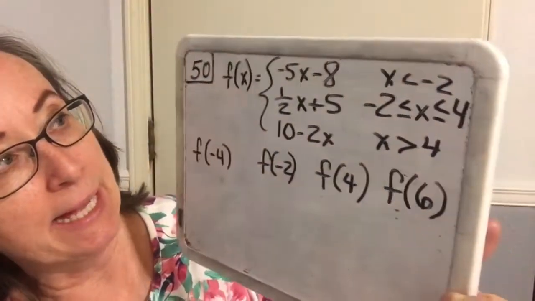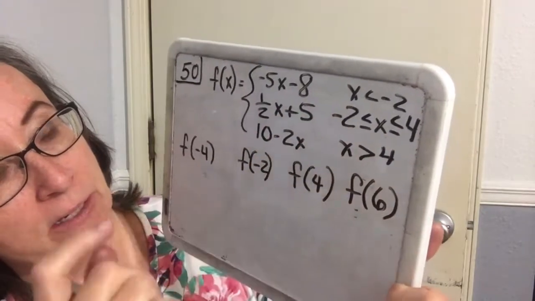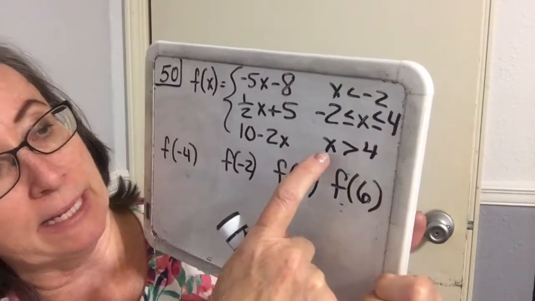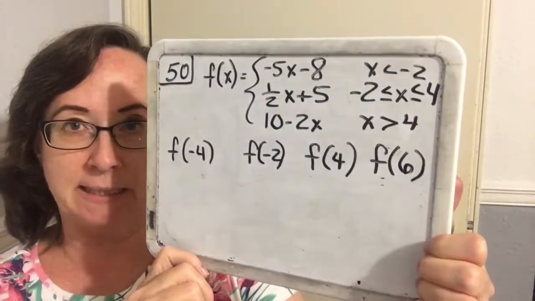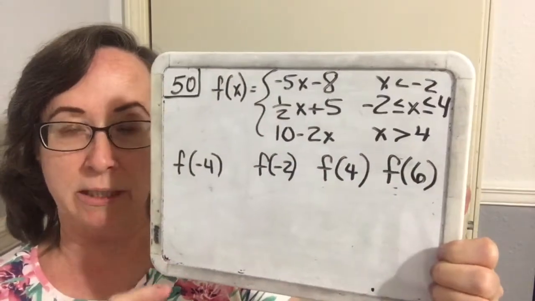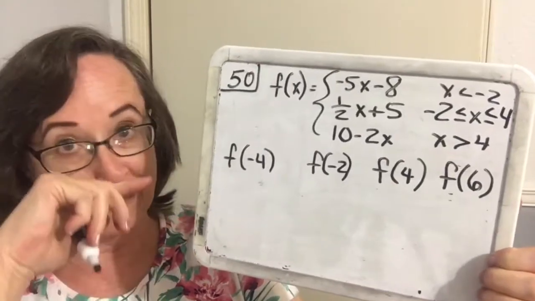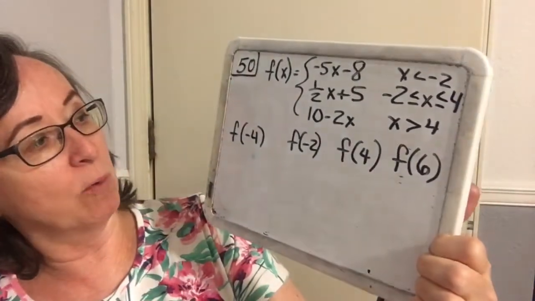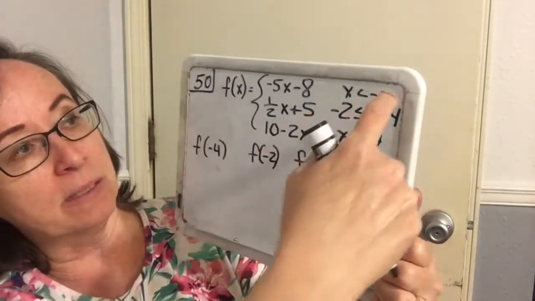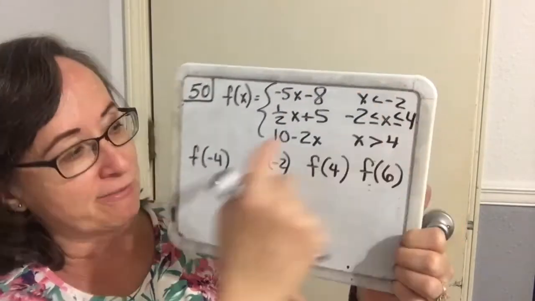All right, so now we're moving into piecewise functions, and we're going to do number 50 on this one. And we have our function defined here for x less than -2, -2 to 4, and then x greater than 4. So basically these are each like little kingdoms, and each little kingdom has its own little ruler, and when you walk into that kingdom, you've got to obey the ruler of that kingdom. Okay, so when we look at f of -4, we are in the kingdom that is this first domain here. x is less than -2, -4 is in that